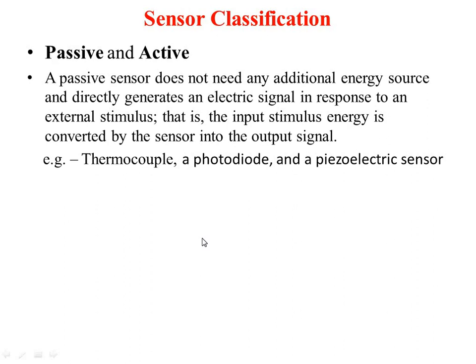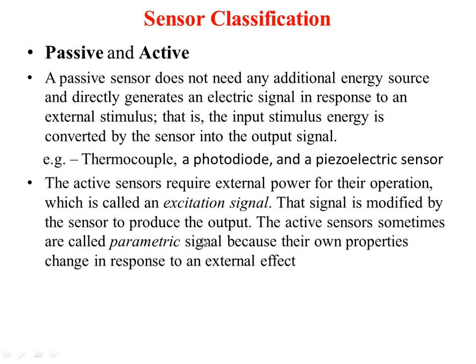We are going to discuss these in detail when we cover all the application oriented sensors, that is unit number 4 or 5. At that time you will understand the meaning of thermocouple, photodiode, and piezoelectric. But you just try to understand what we mean by passive and what we mean by active. Passive means you don't need any external energy. That means you apply the energy to the sensor and it will directly be converted into electrical energy. That is called a passive sensor.